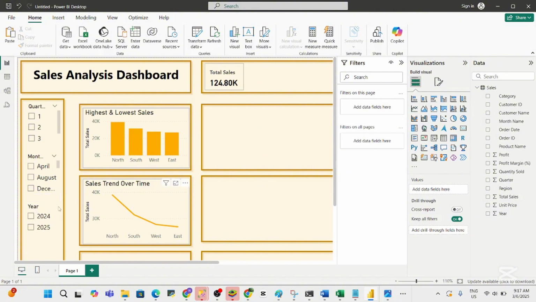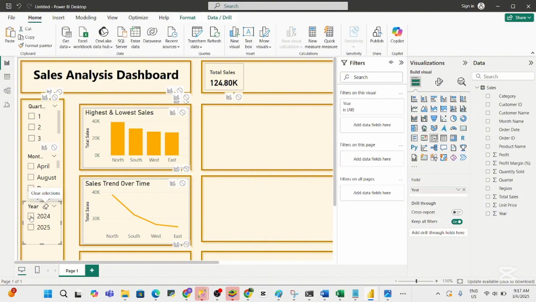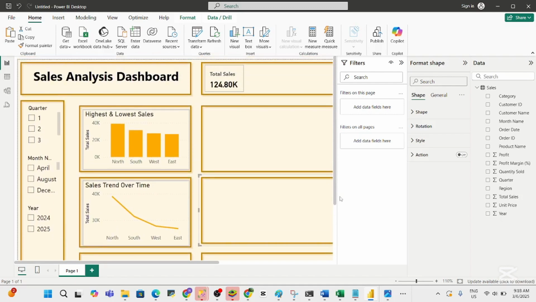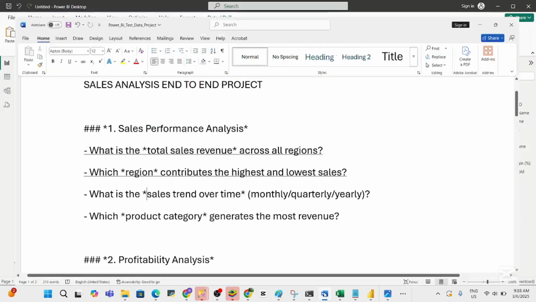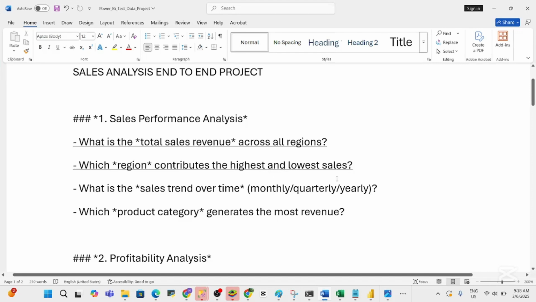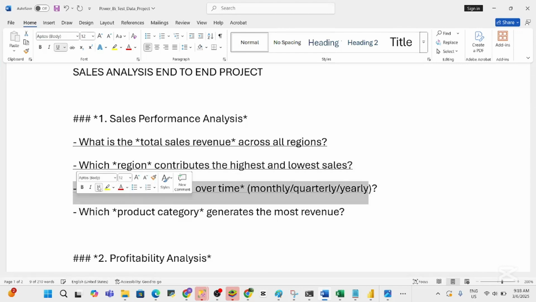So if you want to clear, you say here. So if you say here 2024, and if you want all of them, yeah, same to this. So for now I'll clear. I think we're done with it. This date will format it later. So we go to the next question. So this was just trend over time. So if you want monthly, select month. If you want quarterly,